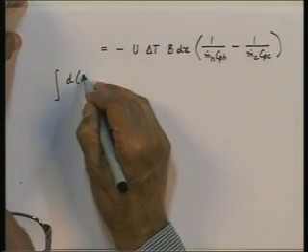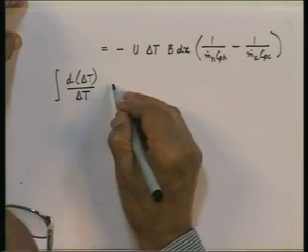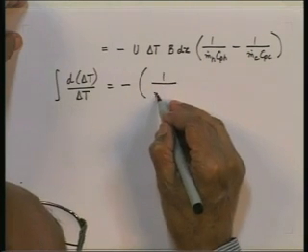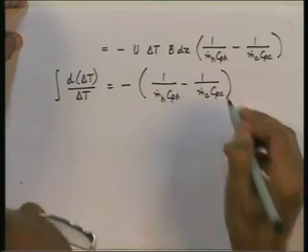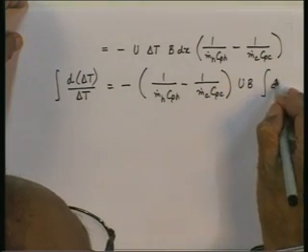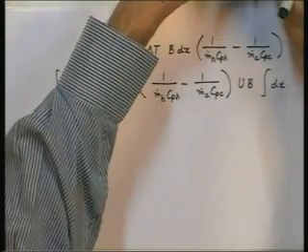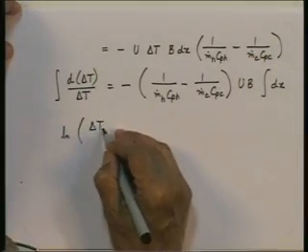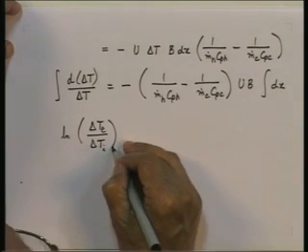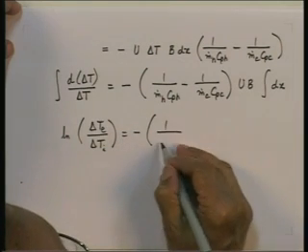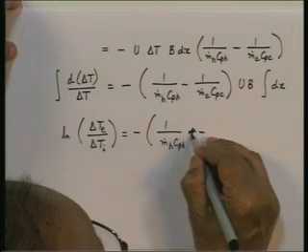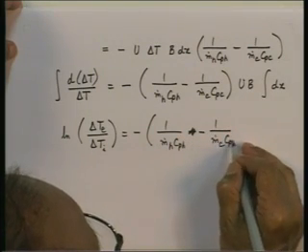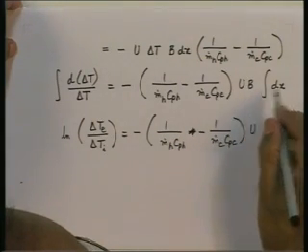So, I will get d delta T upon delta T is equal to minus 1 upon m dot h Cph minus 1 upon m dot c Cpc, U b, the integral over dx, and performing the integration I will get the logarithm to the base e delta Te by delta Ti is equal to minus 1 upon m dot h Cph minus 1 upon m dot c Cpc, multiplied by U b l, which is nothing but U A,